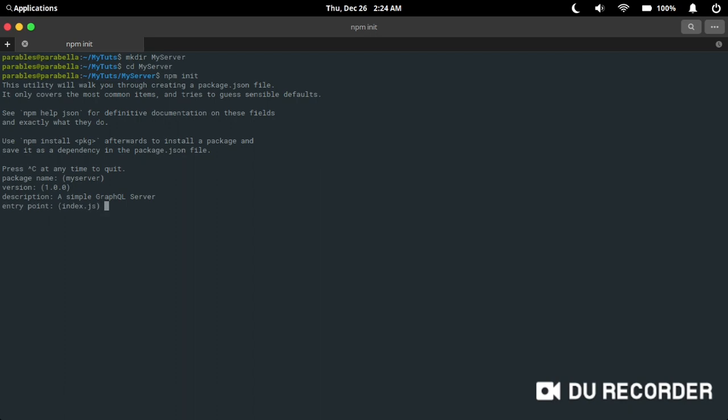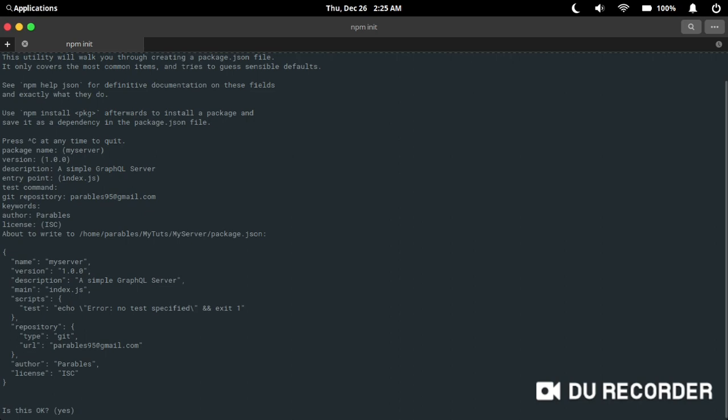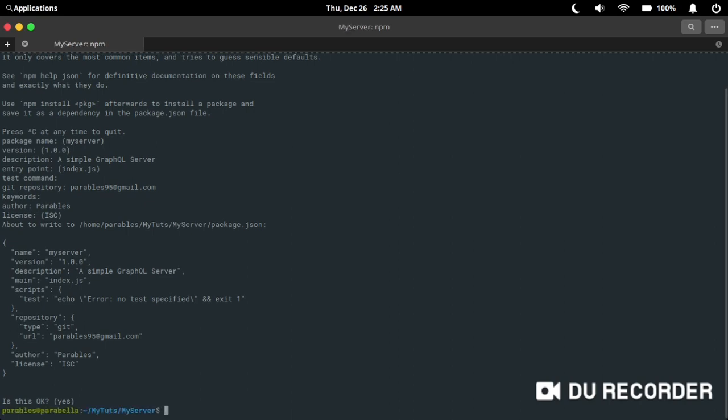I believe. Yep. Entry point index.js, test command, I'll leave that. Git repository, I'll leave my git repository over here. Keywords, I'll just keep that one. Author is gonna be me, and license I'll leave that. So I like everything,